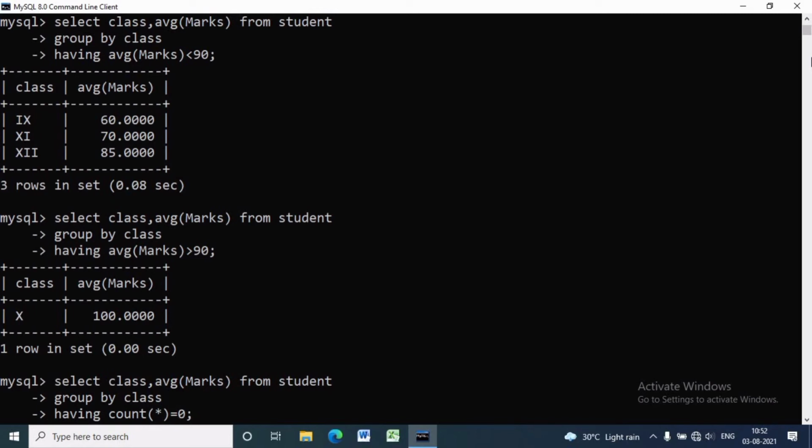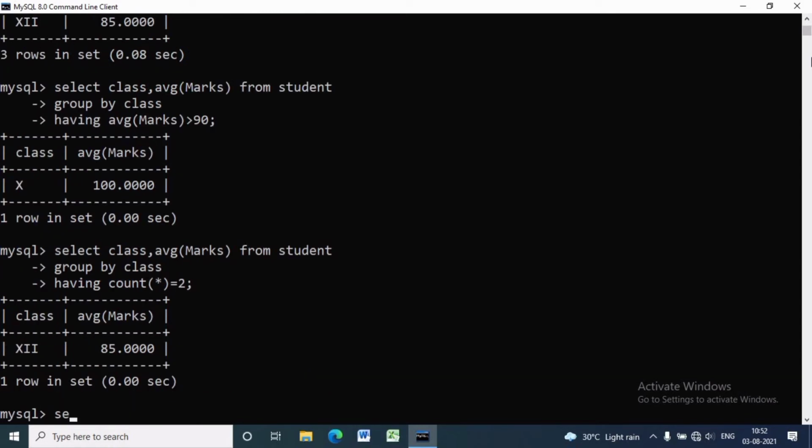We can group by city also. As we know, there are 3 students who are staying in Delhi. SELECT city, SUM(marks) FROM student GROUP BY city HAVING COUNT(*) > 2 will give us only one record, which is Delhi, and its COUNT(*) is 3.